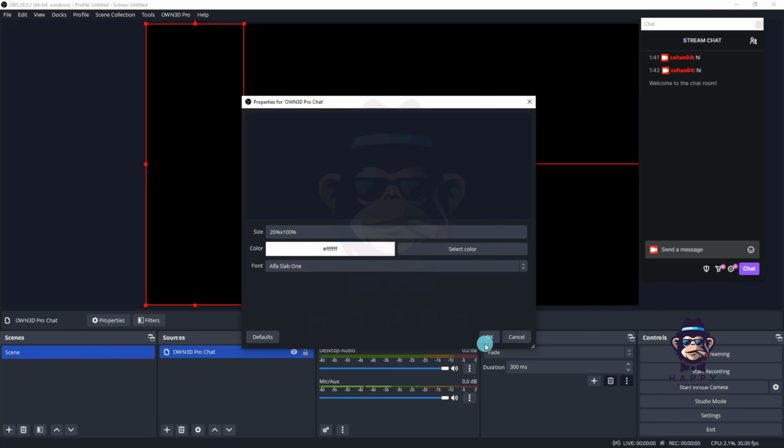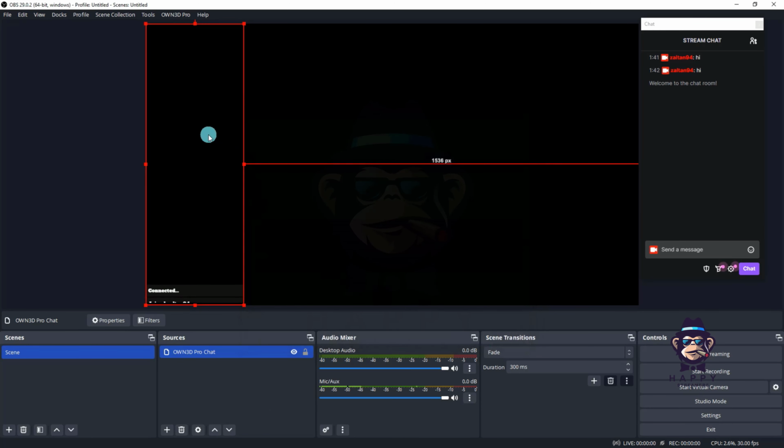Then select color code. Then click OK. This is the chat box. Let's see if this works or not. Now write in the stream chat. Write anything. Then click enter. You can see there is a hi